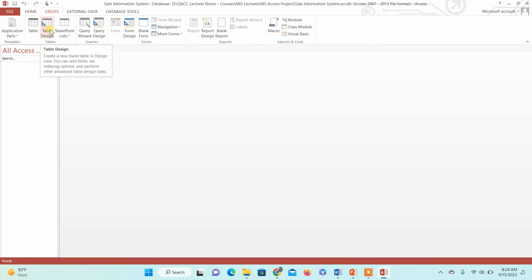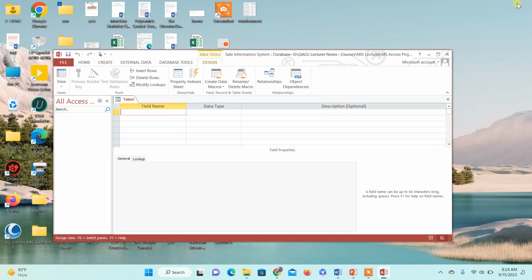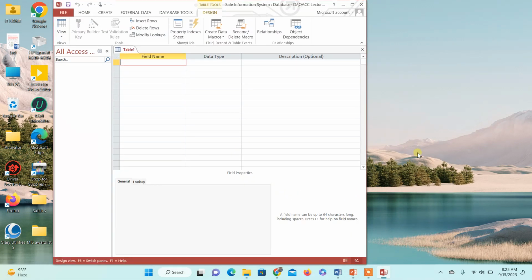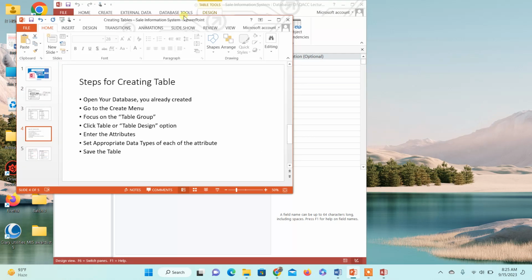Now I'm going to the Create menu, and in the Create menu we have Table. We can create a table by design and directly by clicking this Table. So we are going to create by design, and here we have to enter the attributes one by one. So I'm going to open these two in parallel to see the list of attributes that we have identified